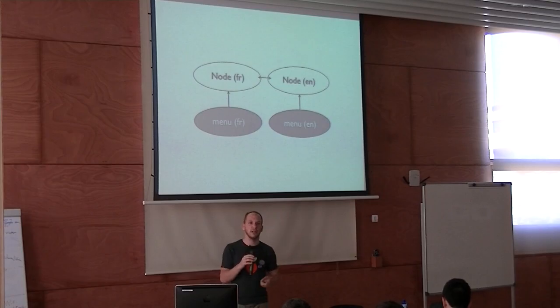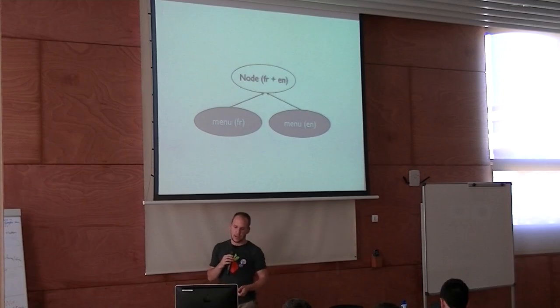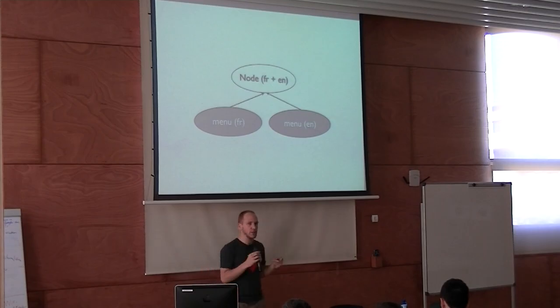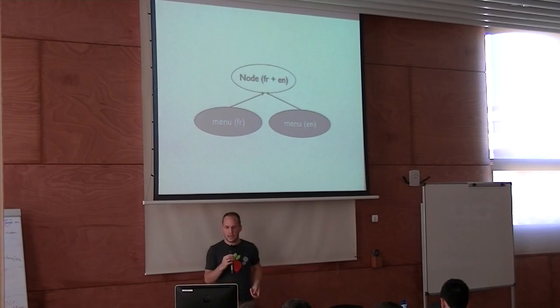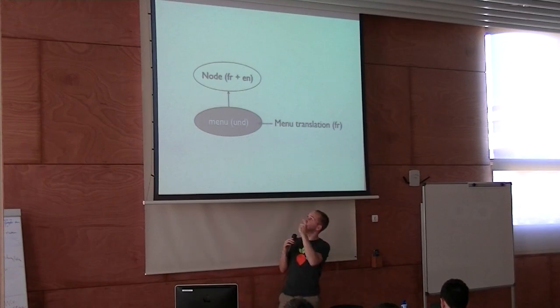It's not really clear anymore. If you have 10 languages, this really is not an option anymore. The way that we can do it with entity translation is that we have one node that has all the languages, and then we have multiple menu items, each of them having one language that all points to the same thing. Or we can have one node that has all the languages and one menu